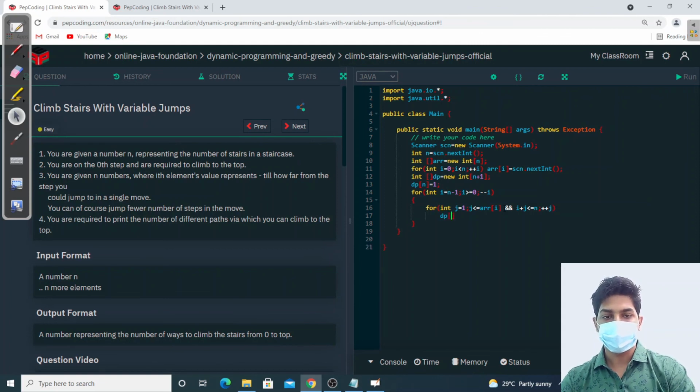Then our answer, dp of i, will be the sum of the jumps which we are taking. Number of ways we can reach whatever stair we are reaching, we can add that in our answer. After calculating this, what we need to print is dp of 0.